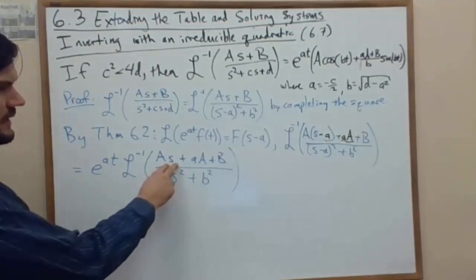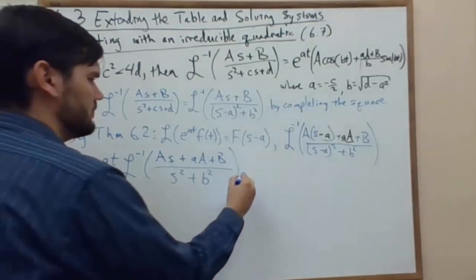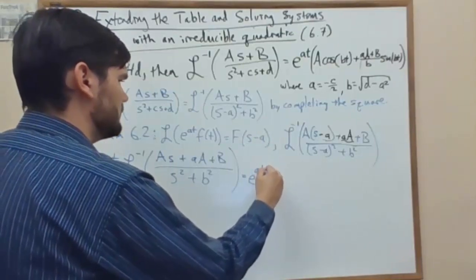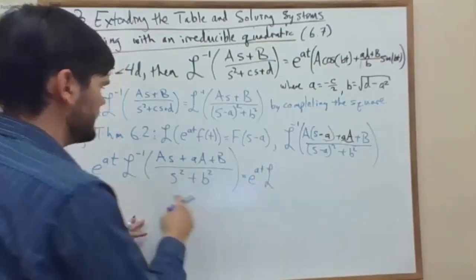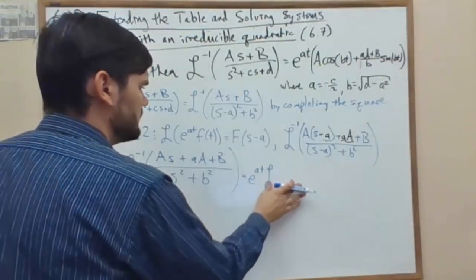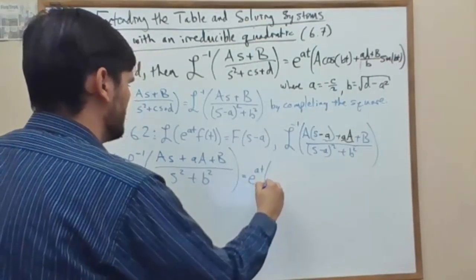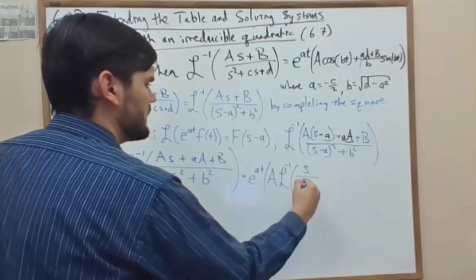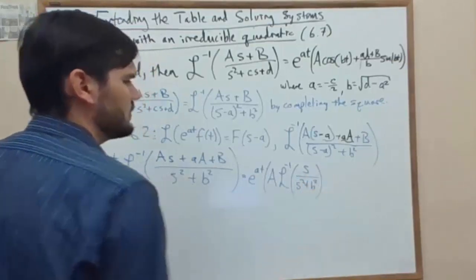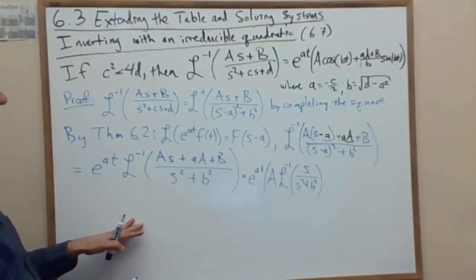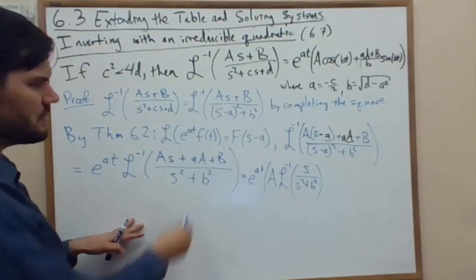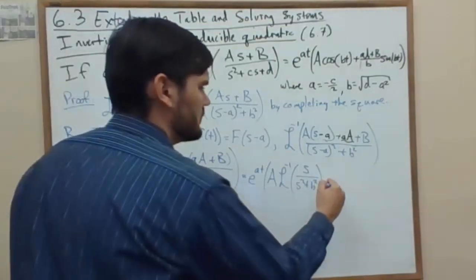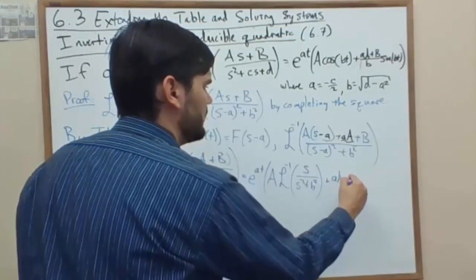Well, the cosine piece is easy. There's that s. So let's see. A times the inverse of s over s squared plus b squared. So there's your cosine piece, a times cosine of bt. For the sine piece, we have a group of constants. So let's factor that out. Little a, big A, plus b